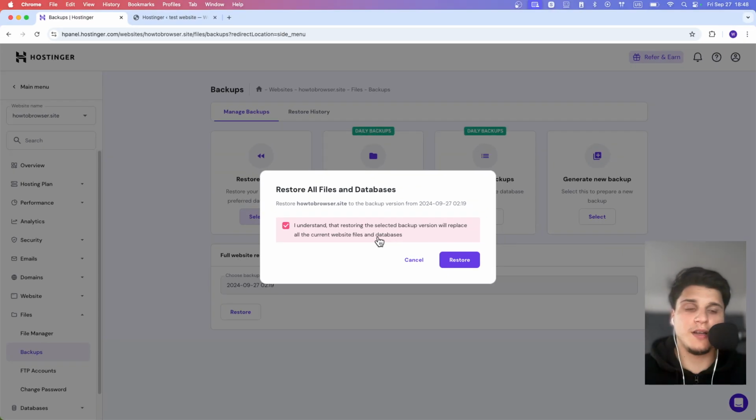I found this to be helpful, and I'm assuming you're going to find this helpful as well, because things can happen when you work on your website. Maybe even someone attacks it, or you deleted a part of your website or important content, or even someone accidentally deleted some important content or files from your website, maybe another person has access to this and you're working together and they just made a mistake. This feature is very helpful,